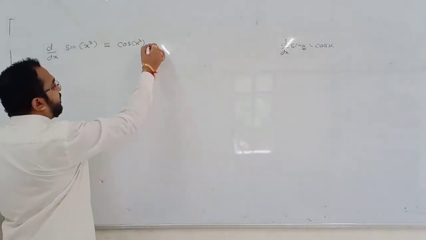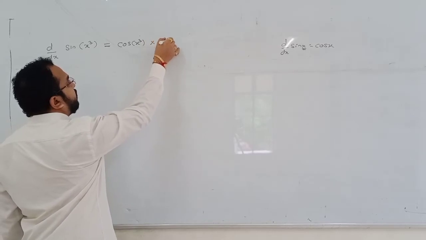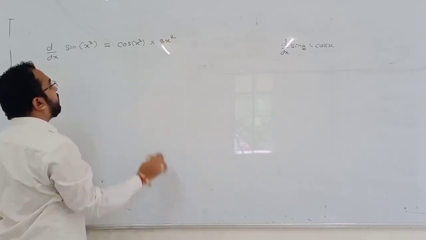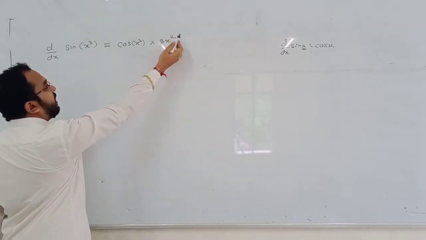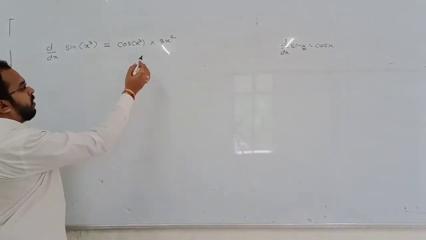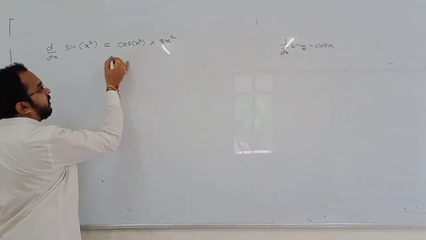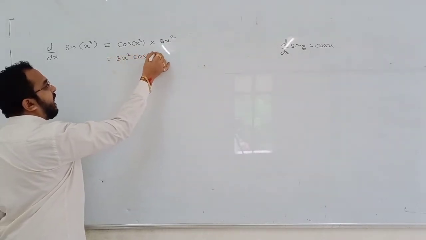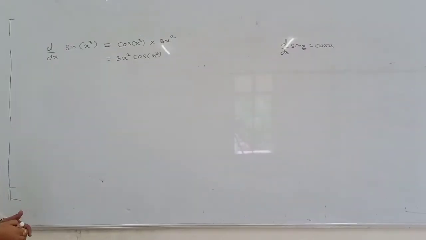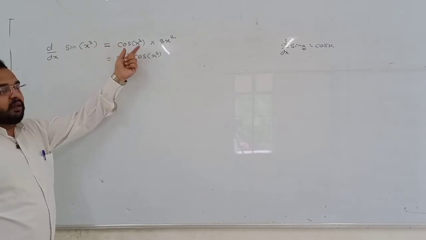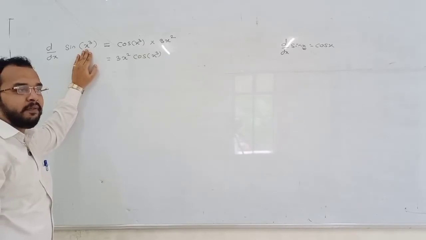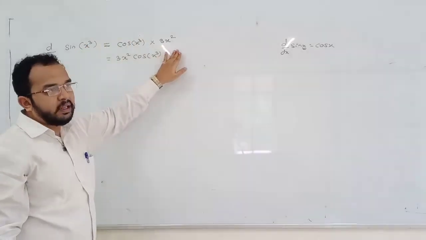So what is the differentiation of x cube? Differentiation of x cube will be 3x square. Take the power in the numerator and reduce the power by 1. Don't multiply this 3x square to the theta. The answer will be 3x square cos of x cube. So differentiation of sin something will be cos something. Check if something is x or not. If it is other than x, then differentiate it again in the product.